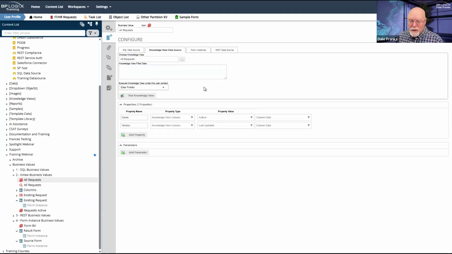On a production system, you probably wouldn't do that. On a production system, you would probably have a user, call it the knowledge view context user. It'd probably be a built-in user.